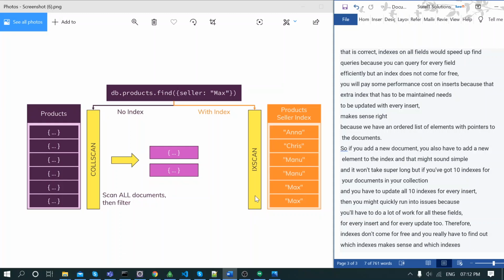You will pay some performance cost on inserts, because that extra index that has to be maintained needs to be updated with every insert. Makes sense, right? Because we have an ordered list of elements with pointers to the documents. So if you add a new document, you also have to add a new element to the index.